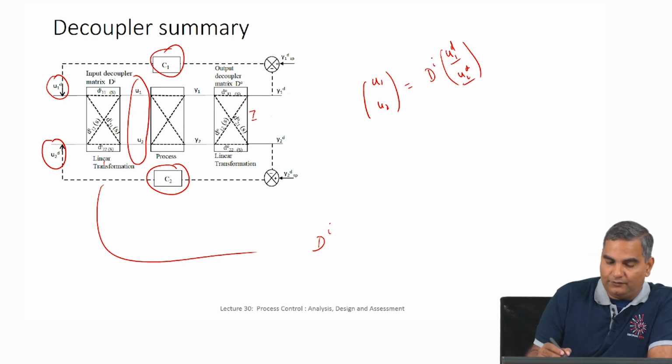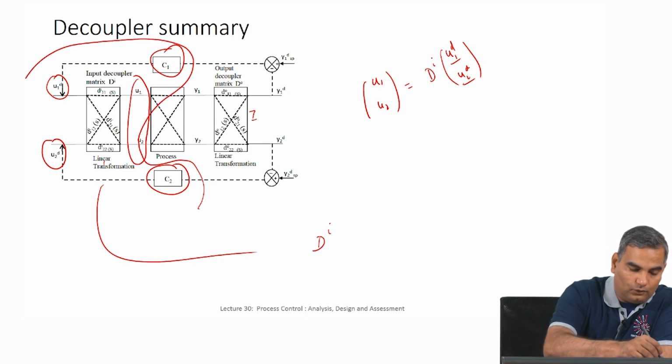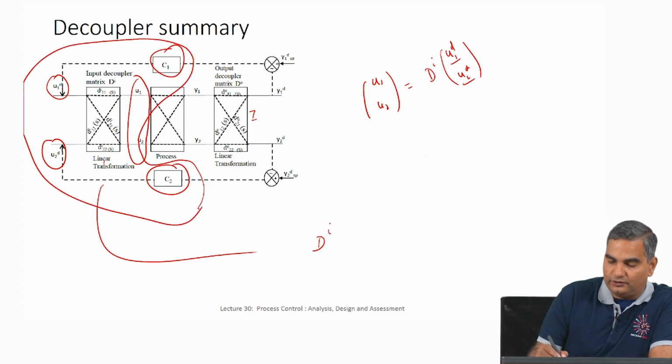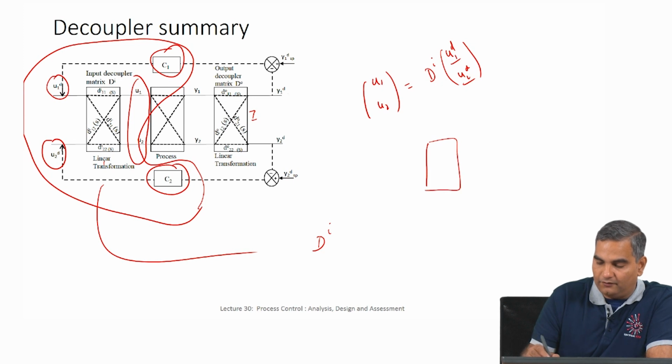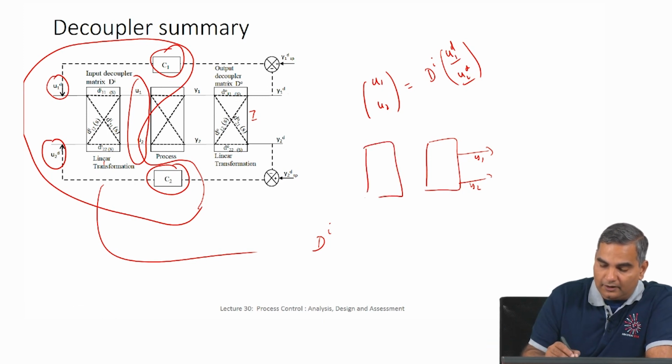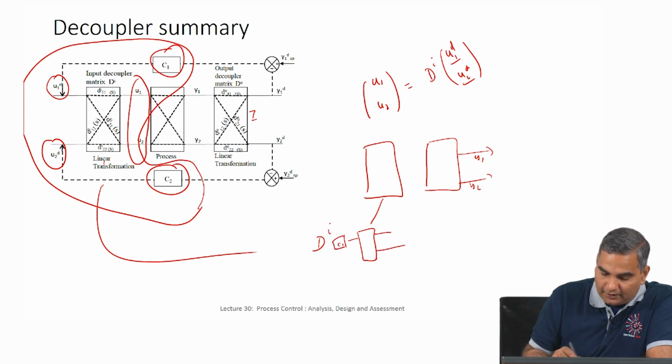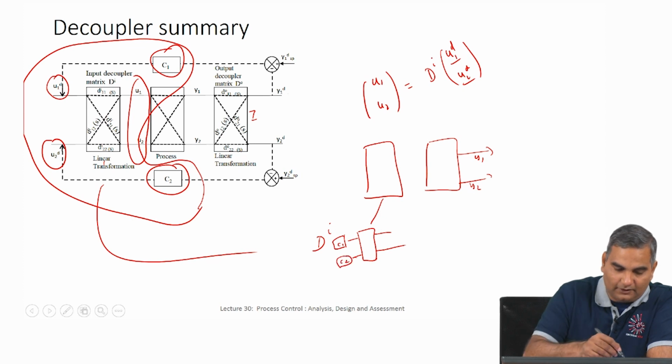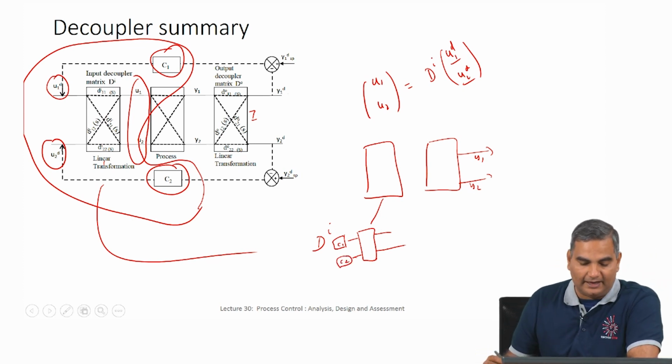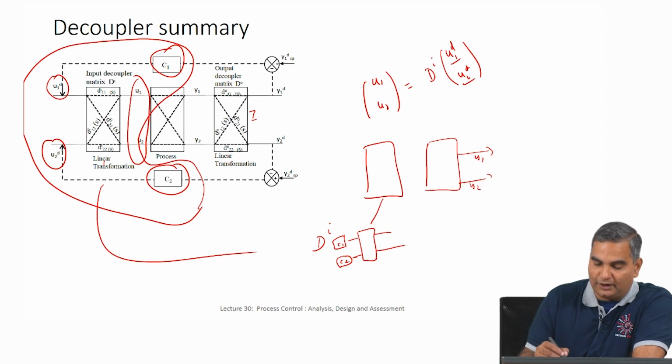So, basically if you think about combining all of this together into one block, then you could say there is a process block, from where y1 and y2 are coming out. This is being compared with the corresponding set points, the error is going, and then there is one controller block, but this controller block has two blocks inside. One is a decoupler, and before this decoupler there is a C1, and before this decoupler there is a C2. So, you can think of this whole thing itself as one big block, which is now the controller block. Because of the decoupler, everything gets combined together.